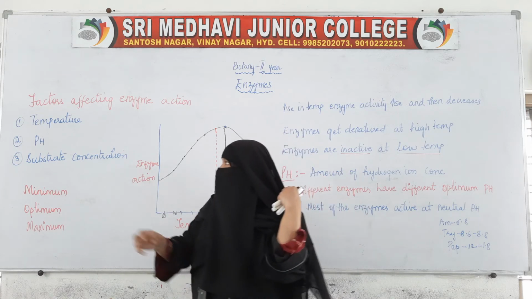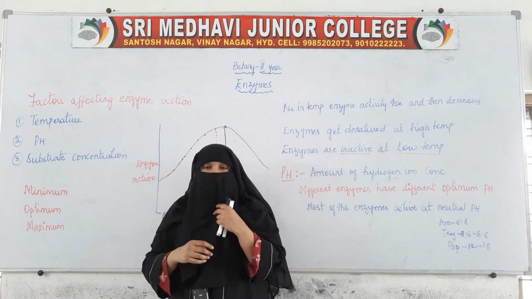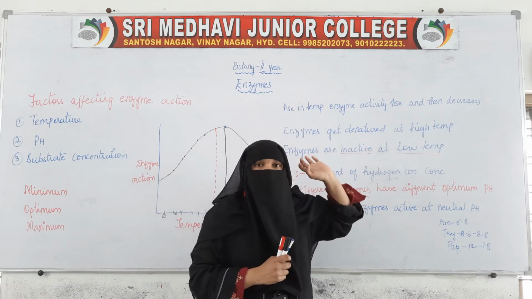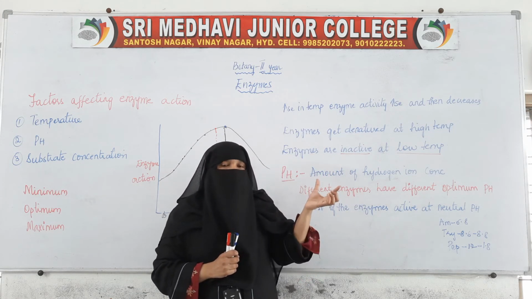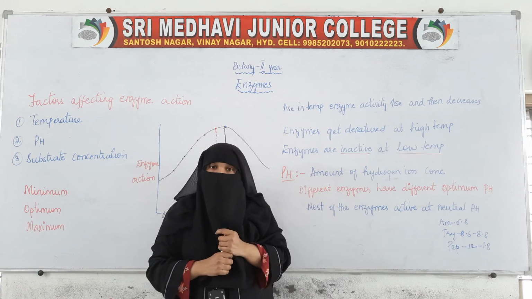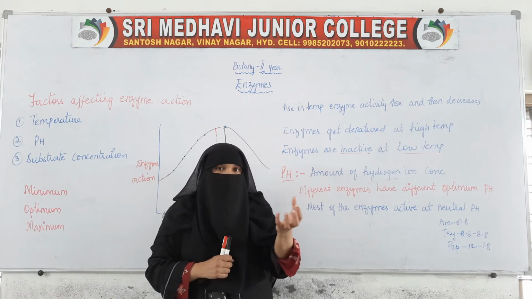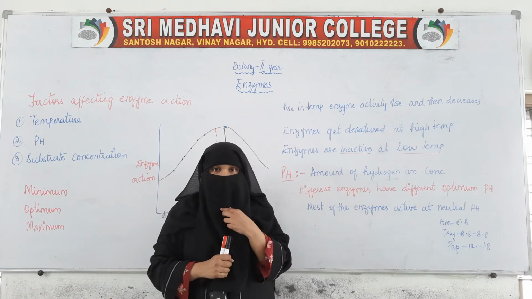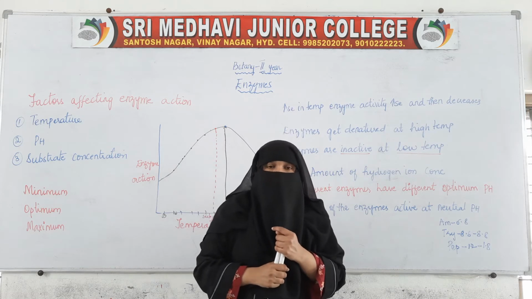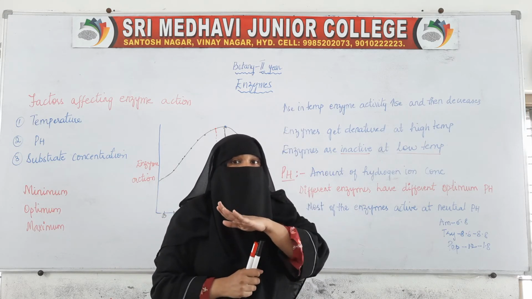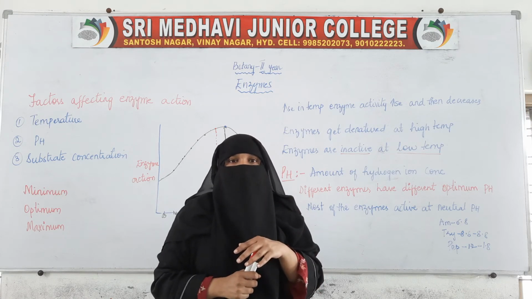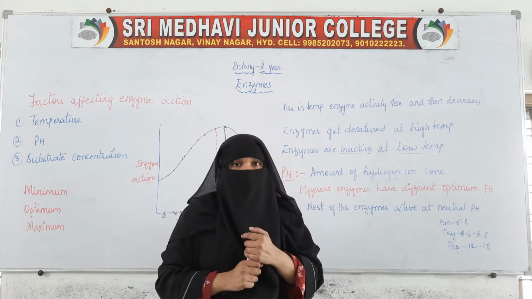Now coming to the next one. Here, these two applications of these enzymes we use at very low temperatures. We use this one in refrigerators. At very low temperatures the food will be preserved. How? What happens at the very low temperature? The enzyme will be inactive. The enzyme will become inactive and the food will be preserved.